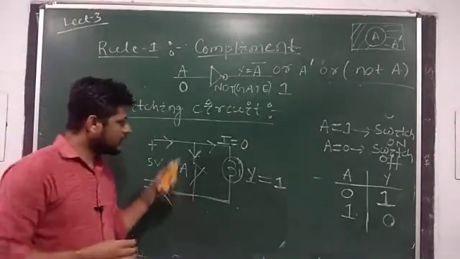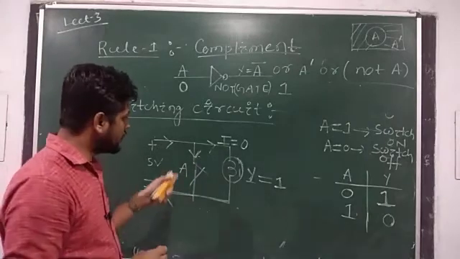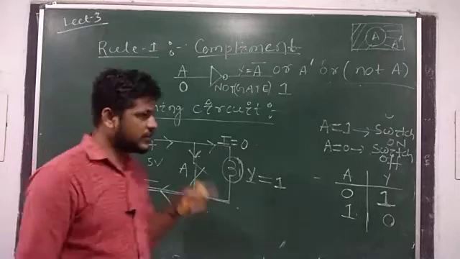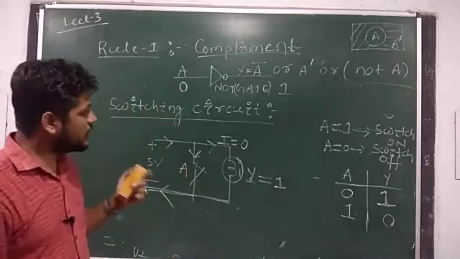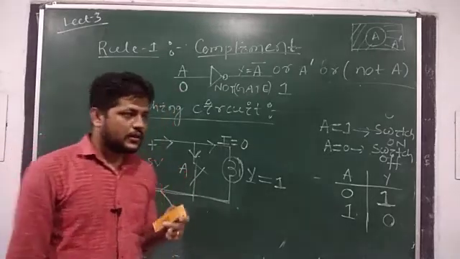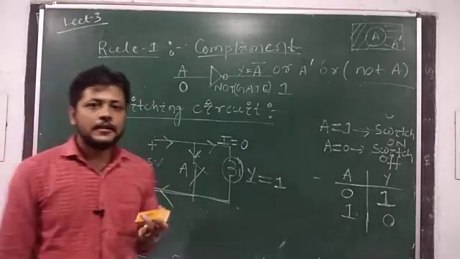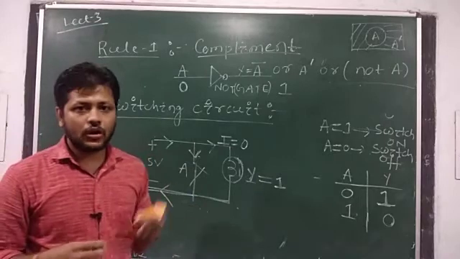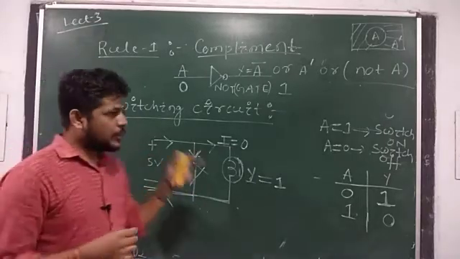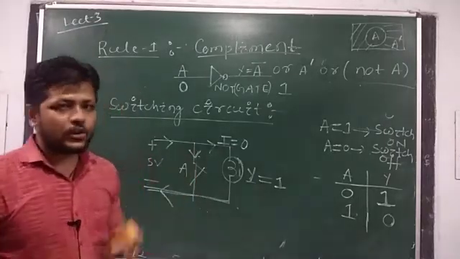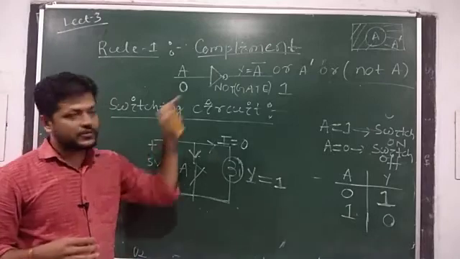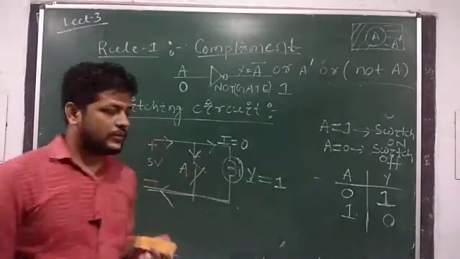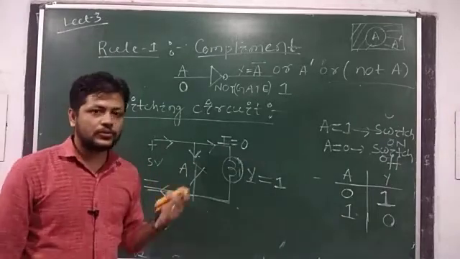Here this switch is the electronic switch. That switch will be made up of diode or transistor. We have already studied in basic electronics that the transistor is a 3-terminal electronic device. The application of the transistor is, we are using transistor for amplification or switching purpose. Amplification we will study in analog electronics. For this subject, that is your digital electronics, we will use transistor as a switch.